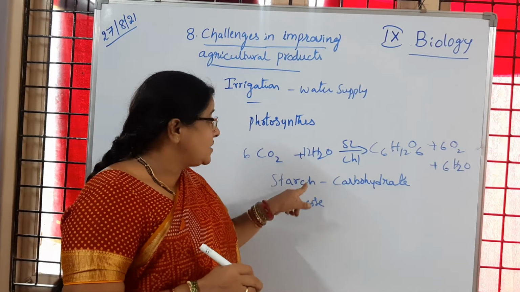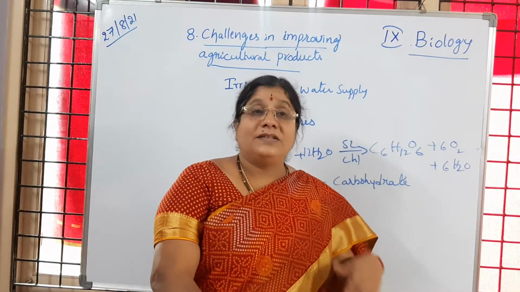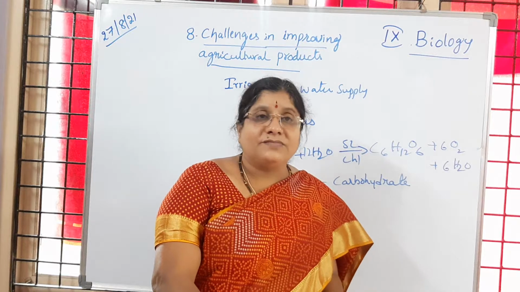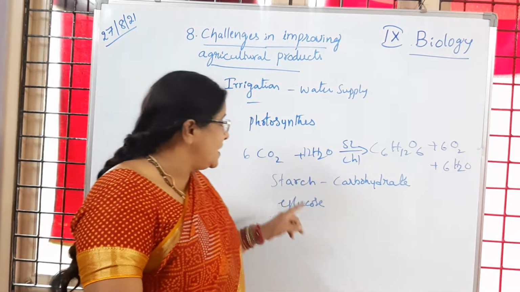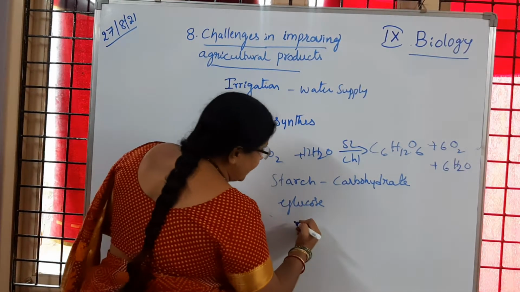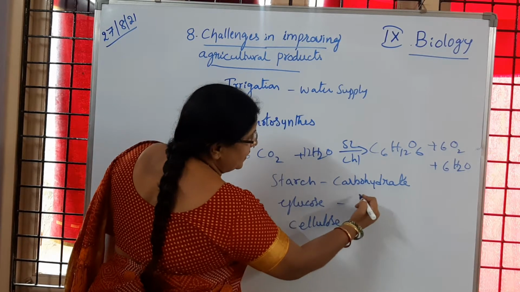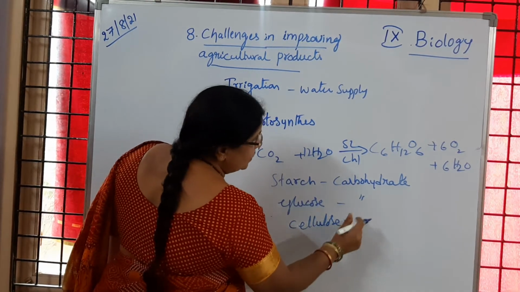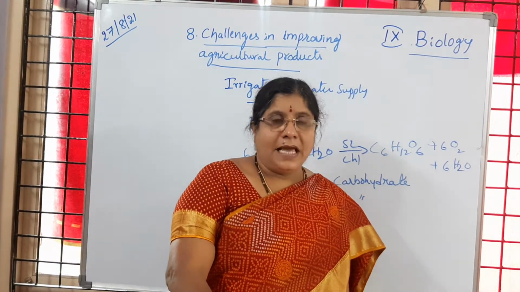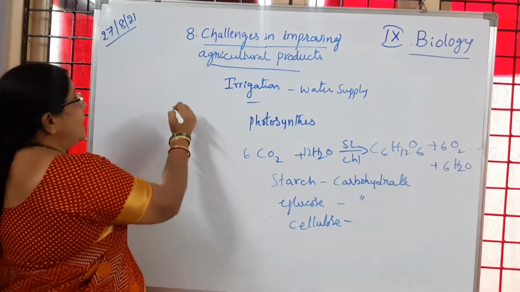Is it clear? This carbohydrate, whichever is formed, is used by the plant for the formation of the cell wall. Other parts of the plants are also developed because of starch. Is it clear to you? Cellulose is also a type of carbohydrate. Glucose is a simple carbohydrate. Cellulose and starch are said to be complex carbohydrates. Have you followed? Cellulose is present in the cell wall of plant cells.